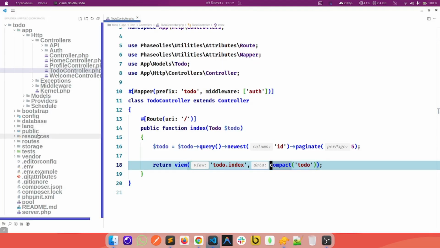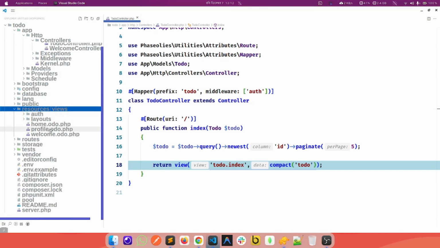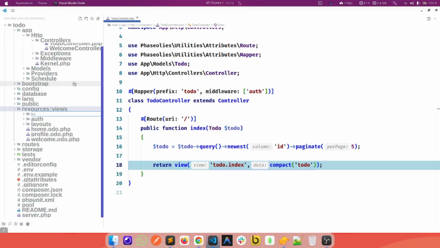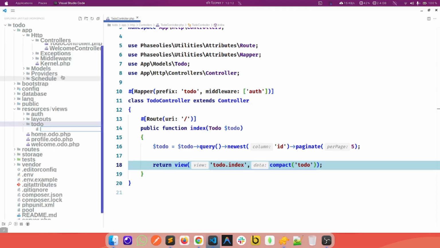Look at that. Our view todo.index is not found. Attempted path: index.todo.php is not found. Now if we visit the resources, there is no index.todo. So what we have to do is create the todo folder here and call a file index.todo.php, and if we refresh the page we will see